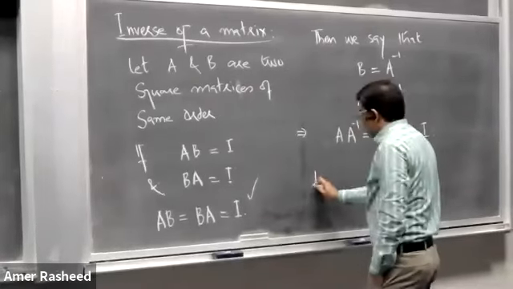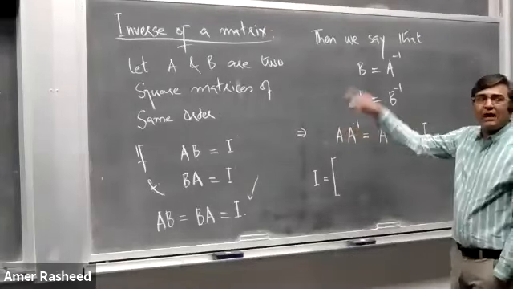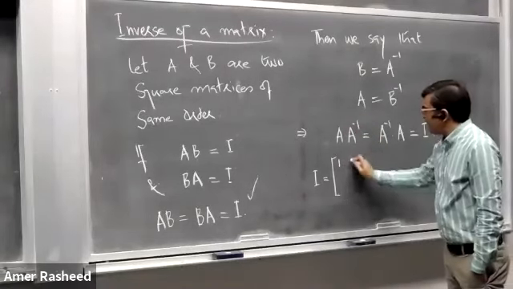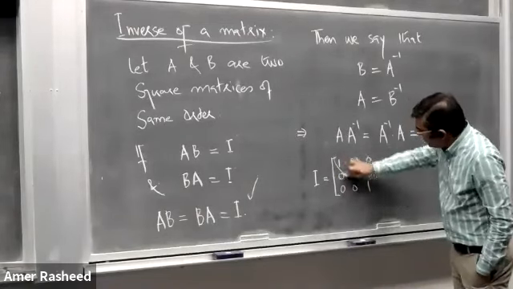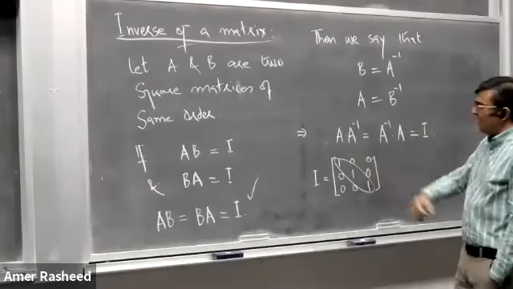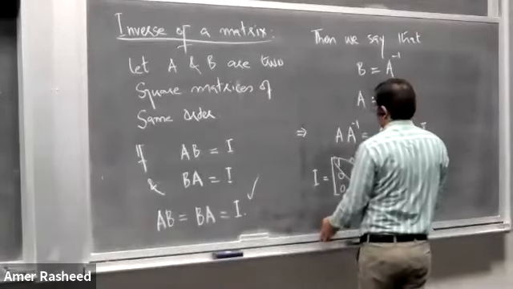Sir, can you give an example of the identity matrix? Son, I told you about the identity matrix last time. The identity matrix is a matrix of the same order as A and B. For example, if A is a 3 cross 3 matrix, then the identity matrix will be this. A matrix having 1 in the diagonal, and all other off-diagonal entries are 0. Thank you, sir. Okay, that is what the identity matrix is. For example, in real numbers, what is the identity?